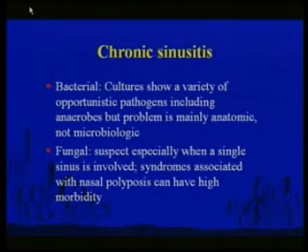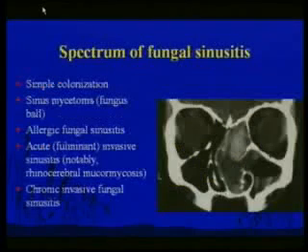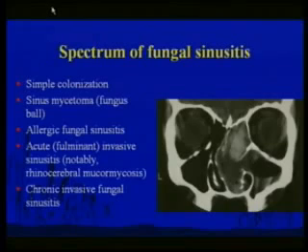A lot of people talk about chronic sinusitis. When patients are referred for chronic sinusitis, usually the problem is not an antibiotic problem. It's usually some anatomic problem. And if you do cultures, you'll find lots of opportunistic pathogens. Rarely sinusitis can be caused by fungi. Some people will have fungal sinusitis. These people tend to have polyps in their nose, and they can get a lot of bad things happening.